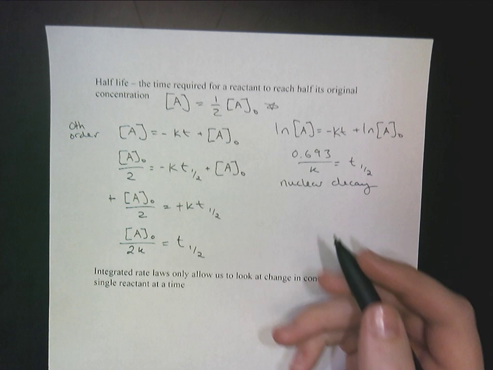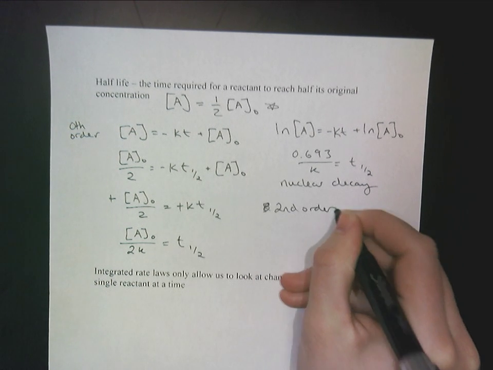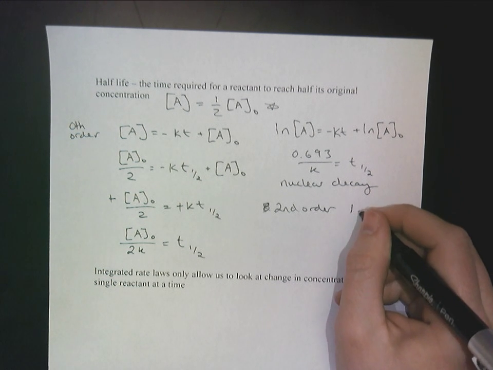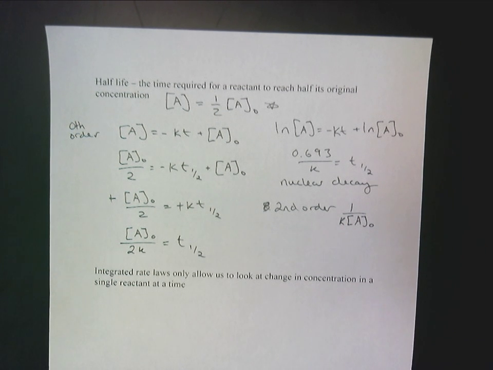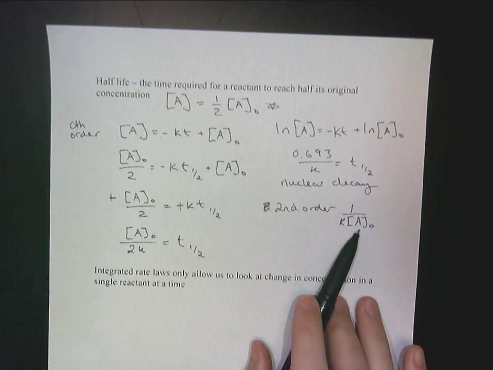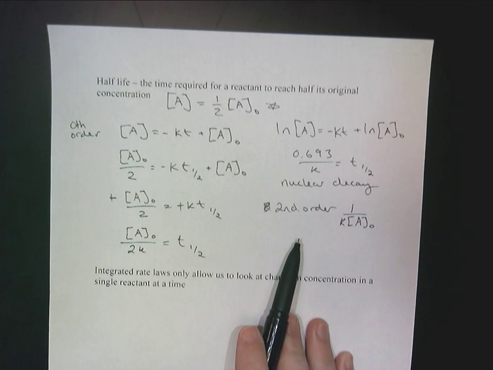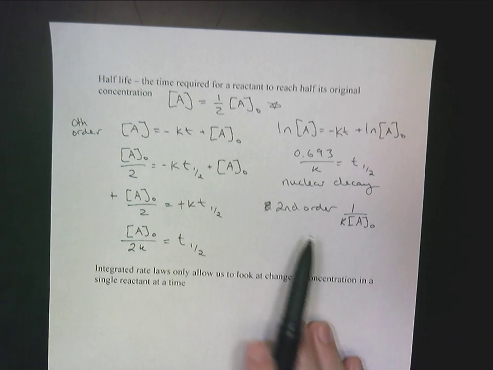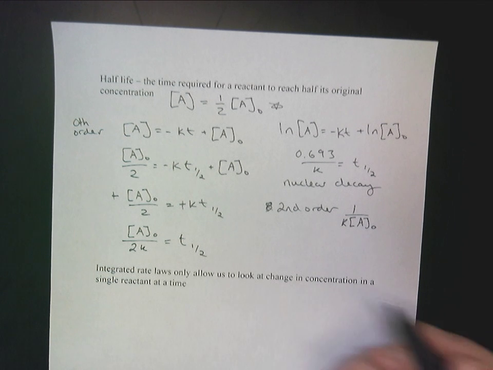All right. Last but not least, our second order half-life, I'm pretty sure this information is on your equation sheet, but I'm just going to throw it out there, is 1 over k A initial. In class, we'll talk about the conceptual meaning behind these half-lives and why it makes sense with respect to the kinetics of the reaction. Last but not least, you can use this trick anytime they ask you a question like